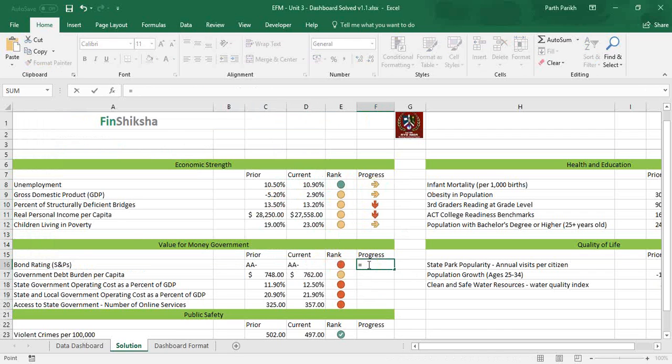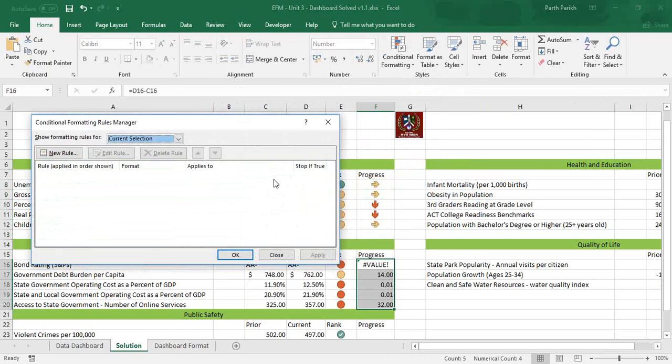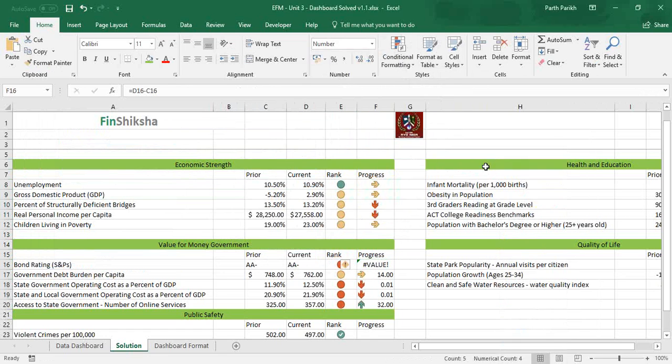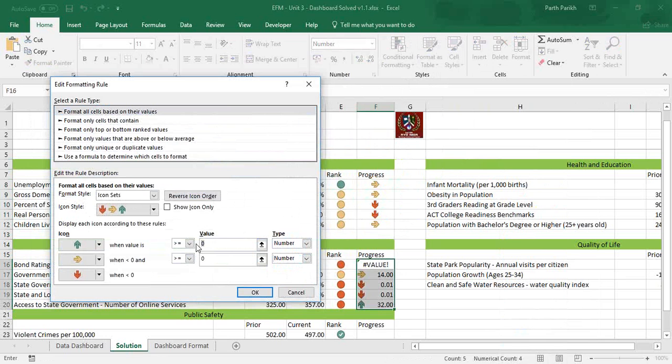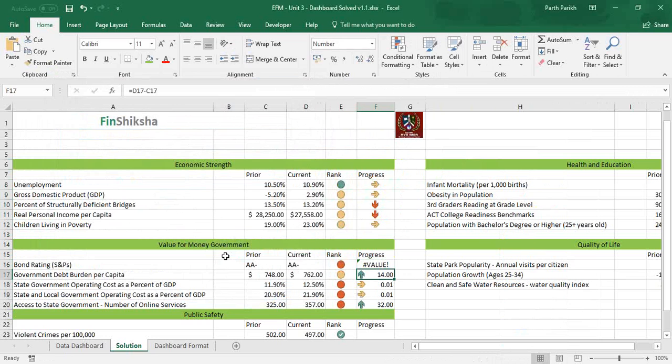So if I minus this, Excel will not recognize it. So I can drag this down and do the conditional formatting. First I have to convert this to numbers, and then I have to allow conditional formatting. I have to do conditional formatting, up, down, or stable. Click on manage rules, convert everything to numbers basically, and I can change this, let's say 10. Apply over here, and absolutely brilliant.